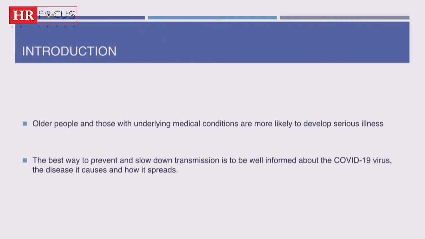So there is a group of individuals who are more at risk of developing severe disease. And these are the extremes of age, most likely the older population, and individuals who have medical conditions like hypertension, diabetes, and those who are immunocompromised. So patients who have had organ transplantation and are on some immunosuppressive drugs, people with diabetes and the like. We know that the best way of solving this COVID-19 virus spread is by getting to understand the virus more and putting measures in place to curb the spread. Next slide.